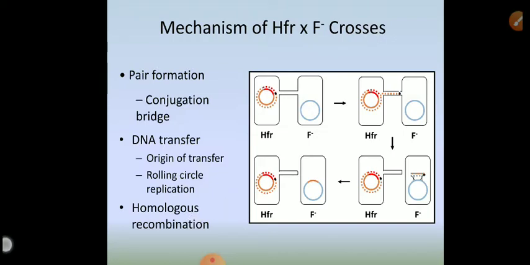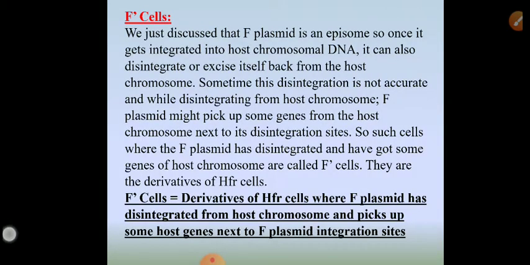The next type of donor cell is F prime cell. What is an F prime cell? See, while the formation of HFR cell takes place, the F factor, that is plasmid, gets integrated inside the chromosomal DNA. Now what happens? The F factor gets separated from the chromosomal DNA. It excises itself from the chromosomal DNA. As it has entered inside, it wants to come out. So the F factor gets separated from the chromosomal DNA, when it is getting disintegrated or excised from the host